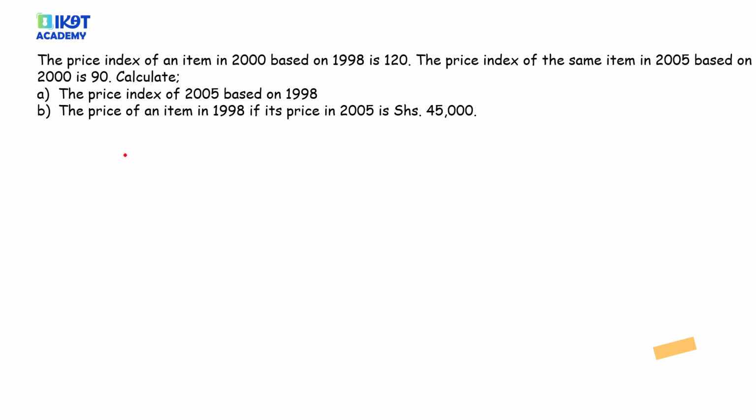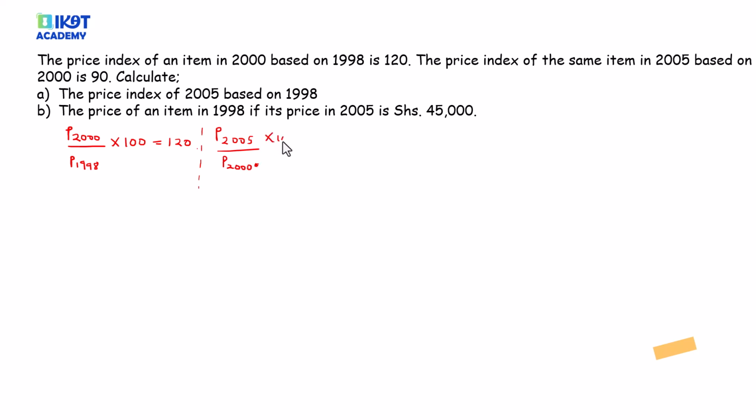Alright, so continuing with price indices, we have a question saying the price index of an item in 2000 based on 1998 is 120. So here we've been given the price index of an item in 2000 based on 1998, times 100, is 120. Then the price index of the same item in 2005 based on 2000